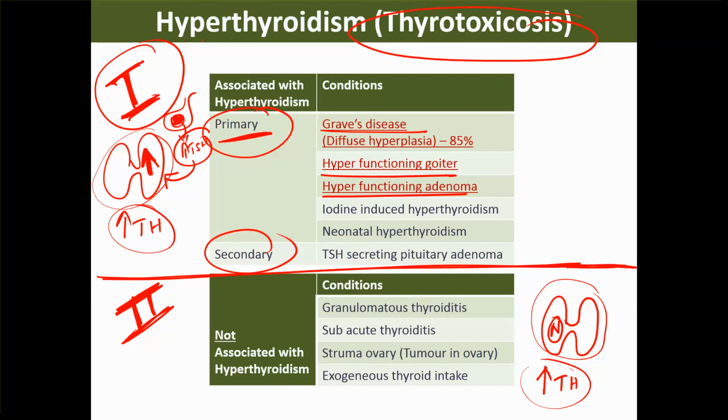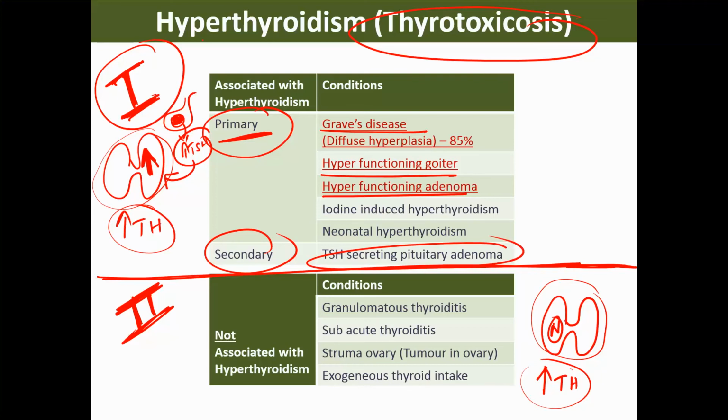It is not primarily a problem in the thyroid, actually it is a problem of the pituitary, and so the end result is the thyroid becoming hyperfunctioning. So it is called secondary hyperthyroidism caused by a TSH secreting pituitary adenoma, but it's a very